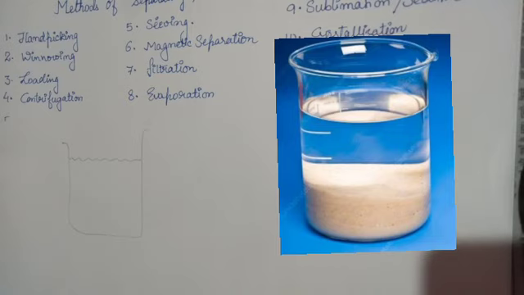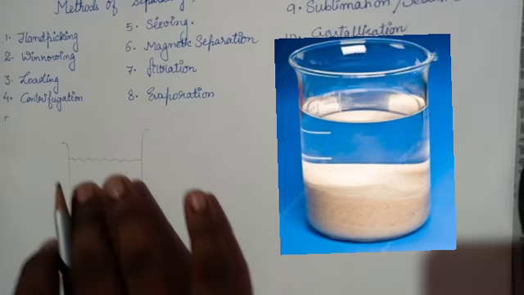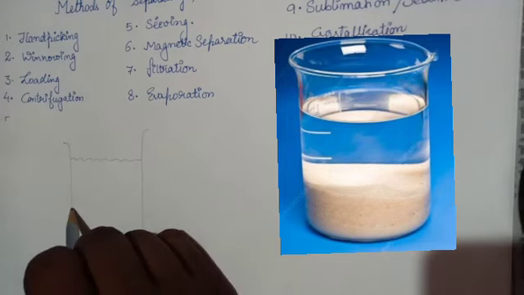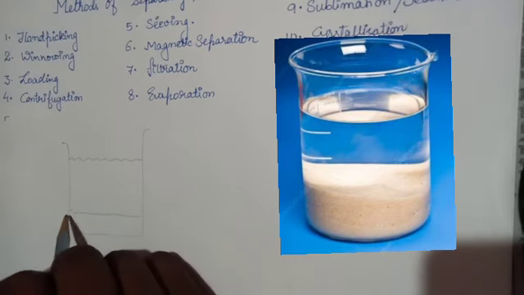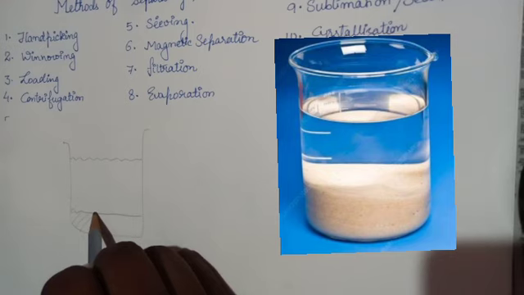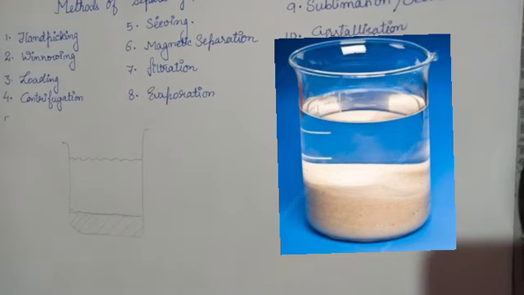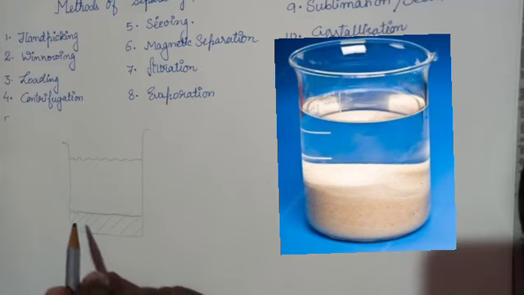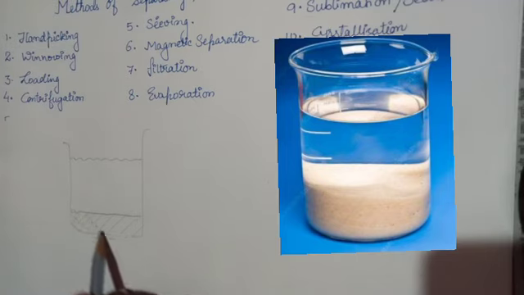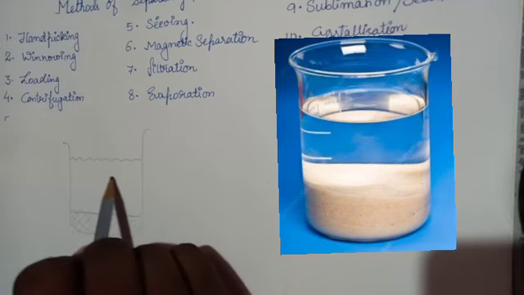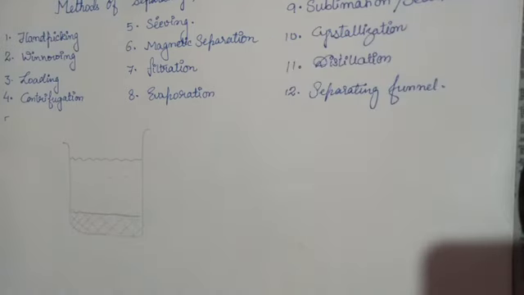Sedimentation is a process by which we can get fresh water from muddy water. What happens is, we take muddy water and let the mud settle down with time at the bottom of the beaker. So we take a beaker, we fill in the dirty water, and with time, slowly and gradually, the mud will settle down at the beaker's bottom, and on the top we get fresh water that is transparent.